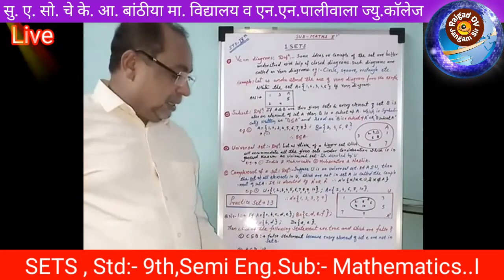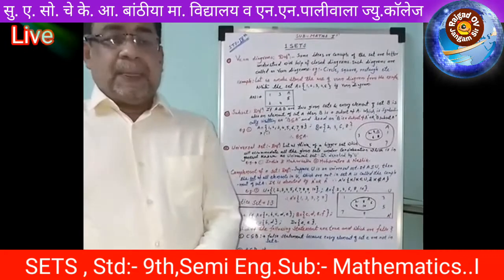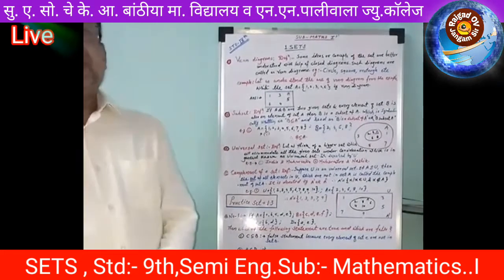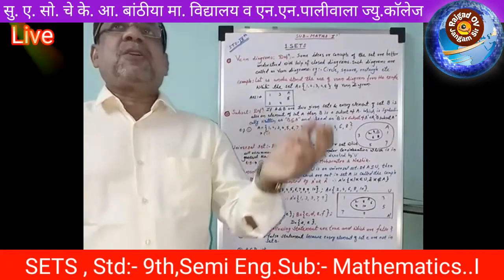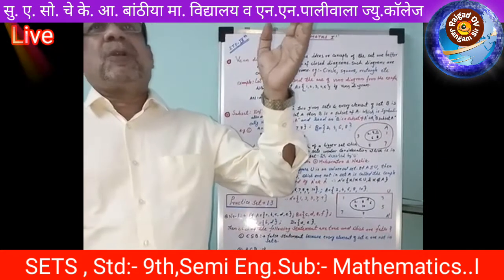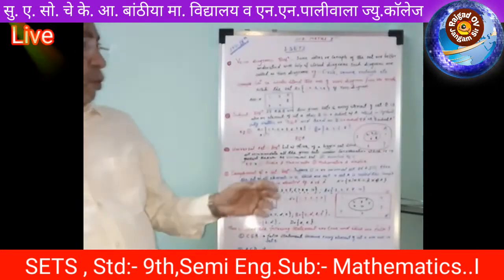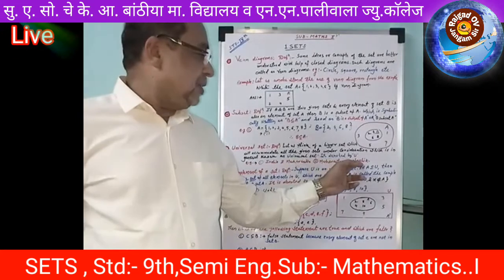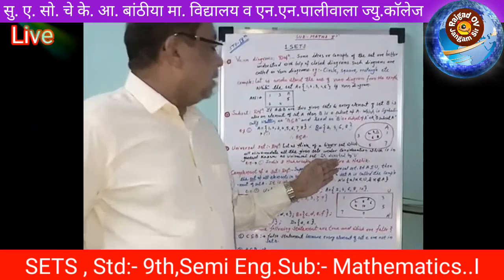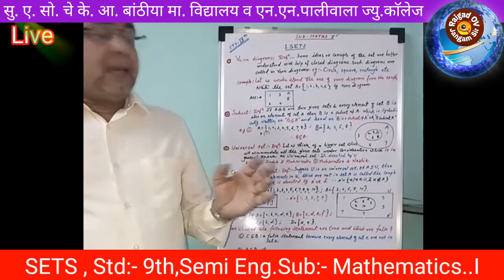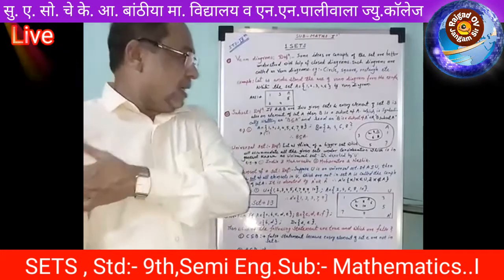For example, suppose you consider the country India and the state Maharashtra. So what we find here? Maharashtra is a subset of India, hence India is a universal set with respect to the state Maharashtra. Now suppose Maharashtra and the district Nashik. Nashik is a subset of Maharashtra, therefore Maharashtra is a universal set with respect to Nashik.